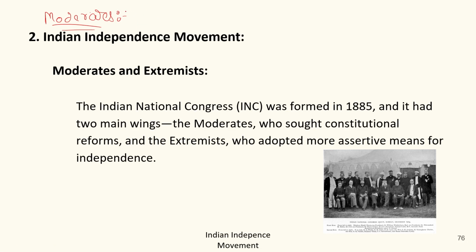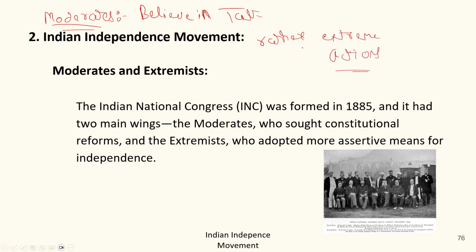The moderate was the person who believed in talk rather than extreme actions. So basically you can call them persons who believed that we could talk with the British government besides taking extreme actions against them, and by talking the problems could be solved peacefully. Okay, so these were the moderates and their main leaders was number 1